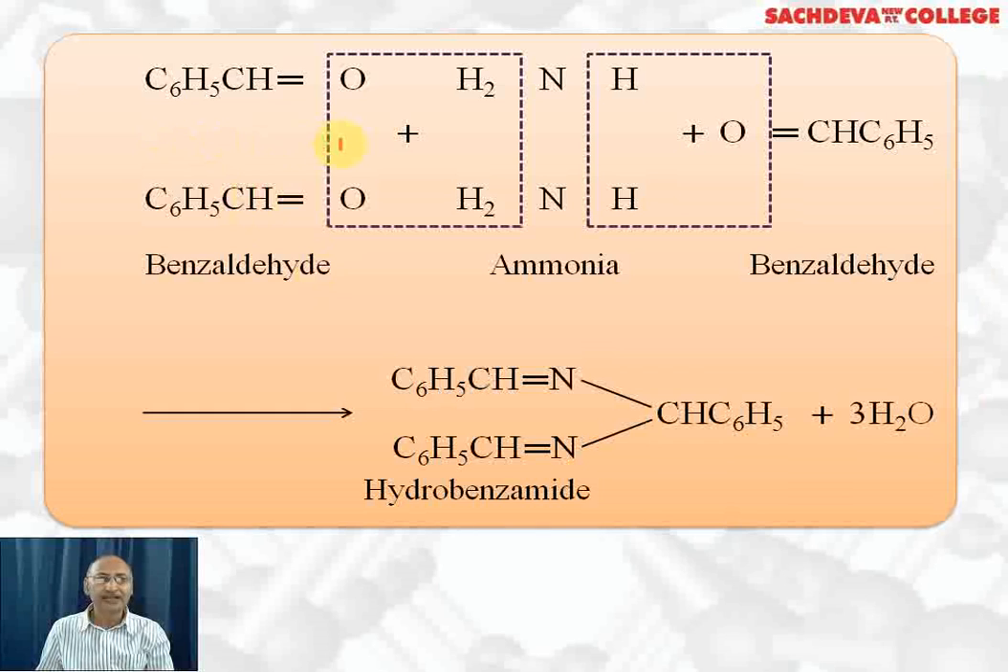Next, we are taking benzaldehyde. 3 moles of benzaldehyde are reacting with 2 moles of ammonia. You can remember the reaction like this. This water will be lost, this water will be lost, and this water will be lost. And this double bond will be retained, this double bond will be retained, and here a single bond will be formed, here a single bond will be formed, and this compound is formed. So that is the way of remembering the reaction, and the product formed is called hydrobenzamide. 3 moles of water are lost. So when 3 moles of benzaldehyde react with 2 moles of ammonia, we get hydrobenzamide and 3 water molecules are